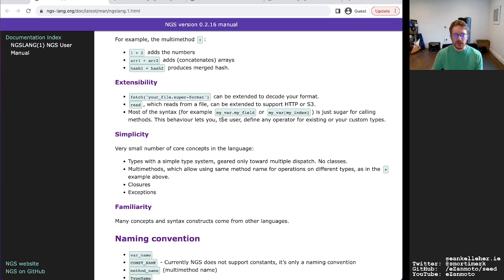Most of the syntax is just sugar for calling methods. This behavior lets you define any operator for your existing or your custom types. And that's an interesting point as well, actually. Any of those kind of operations are, for example, the dot operator is a method that you can define on the different types as well.